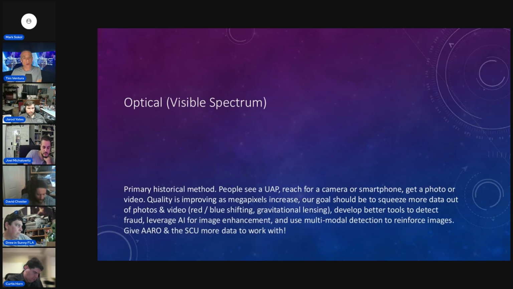So I wanted to go through optical visible spectrum. This part isn't really done, but what I wanted to try and do was showcase we know how this works. Someone sees a UFO with their eyes, right? And then they reach for a camera or a smartphone. So I think one of the important things to point out here is that the quality of this video is